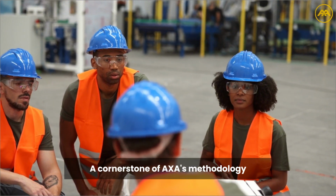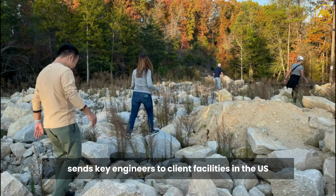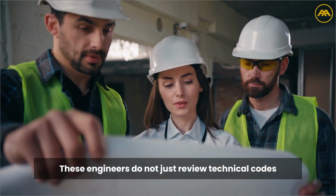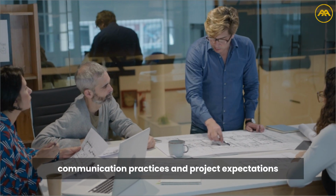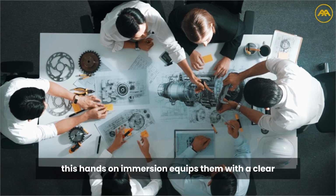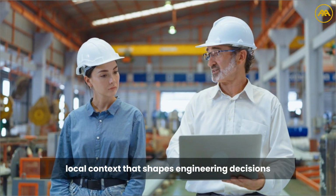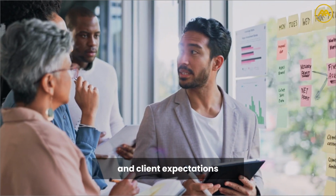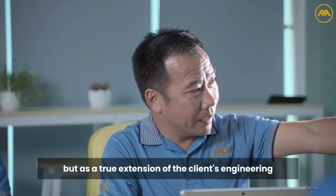A cornerstone of AXA's methodology is immersive training and on-site experience. The company sends key engineers to client facilities in the U.S. for extended assignments. These engineers do not just review technical codes. They work side by side with client teams, absorbing design philosophies, communication practices, and project expectations. This hands-on immersion equips them with a clear understanding of both explicit requirements and the often unspoken local context that shapes engineering decisions. Their work reflects not only ASTM or AASHTO standards, but also the specific site conditions and client expectations. This alignment allows AXA to operate not as a distant vendor, but as a true extension of the client's